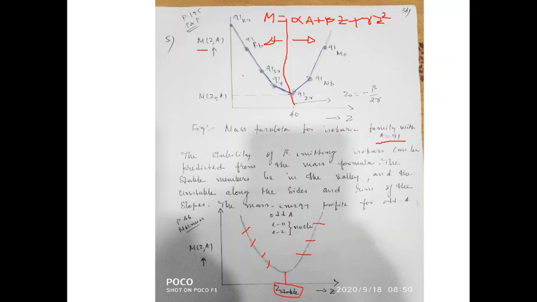Z increases means this is beta minus activity. So by emitting a beta particle, rubidium can come to strontium. Strontium can then decay into yttrium. Yttrium can then decay to zirconium, which is the most stable element. Now zirconium cannot decay to niobium. The reason is that by doing so the mass will increase. You know that mass increasing means an exothermic nuclear reaction is not possible. On its own it cannot decay.